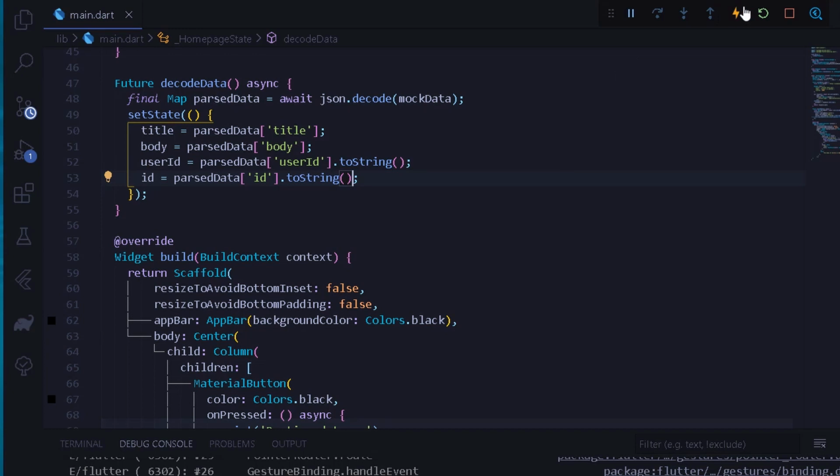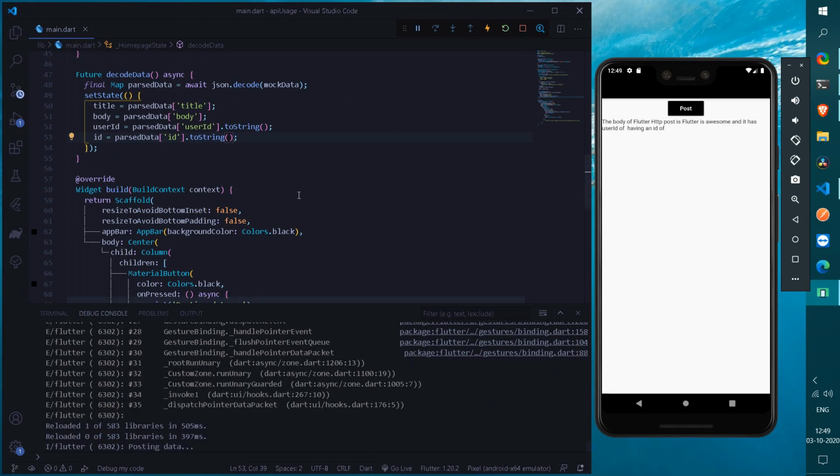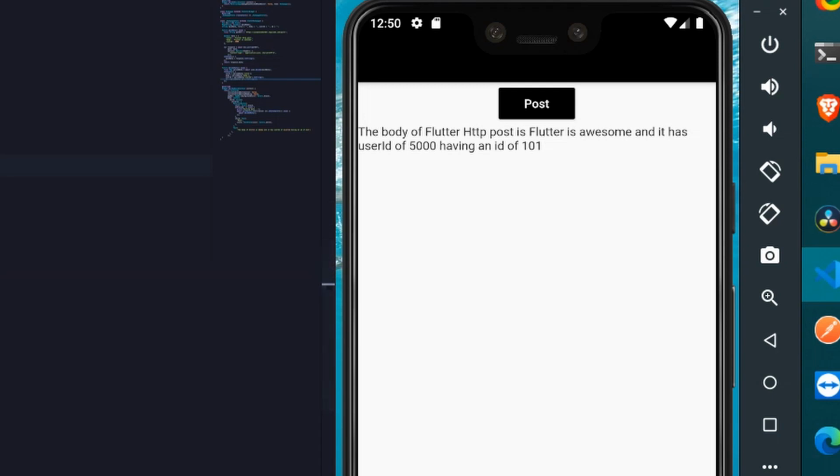Now we can reload our application once and post our data again one more time. Cool. Now you can see that we are getting all of our data, which is the body of the title, which is nothing but an HTTP post request. The title we have written here, that is Flutter is awesome, and it has a user ID of 5000 and an ID of 101.